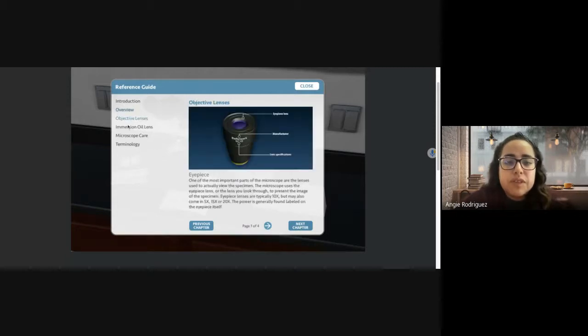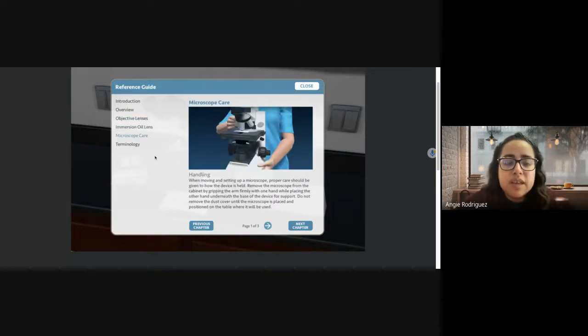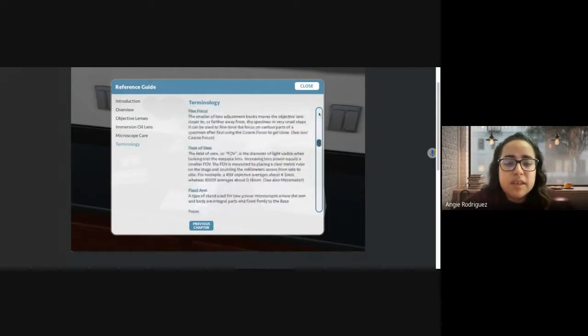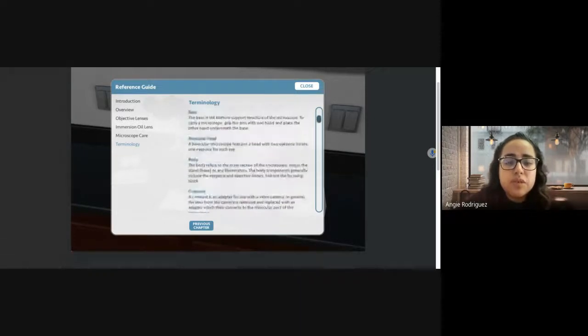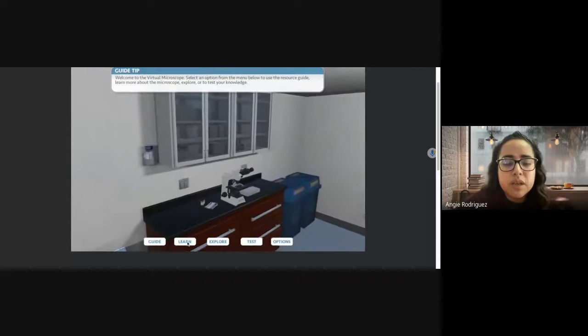So it goes over the different parts again, going more into detail. For example, here's the eyepiece or the objective lenses, immersion oil lenses, microscope care and handling, and some of the terminology. So here you can definitely test them to see, or even use other resources to help them learn the terminology of, let's say, using a microscope. Under Learn,